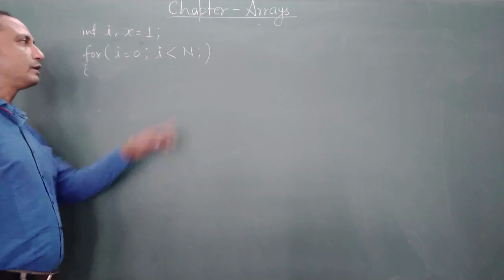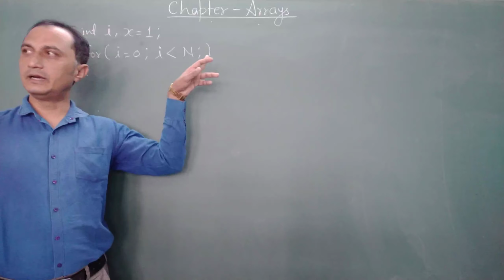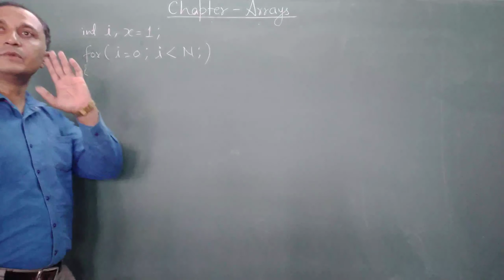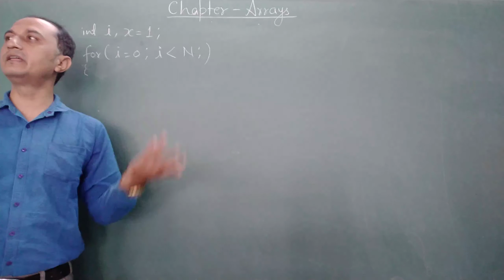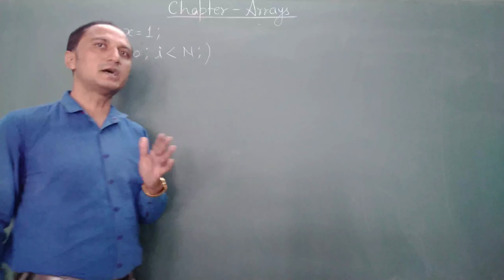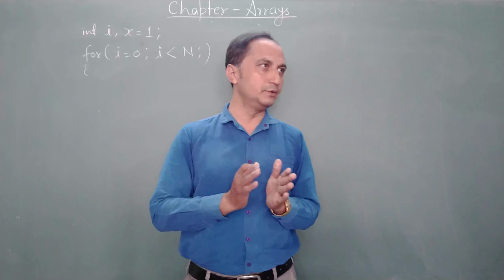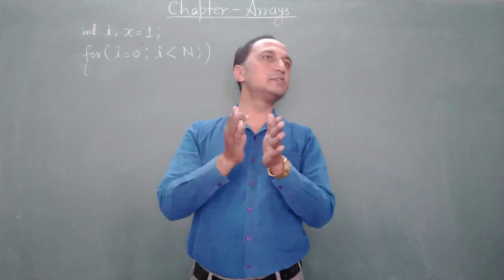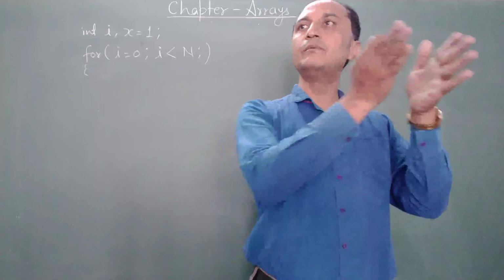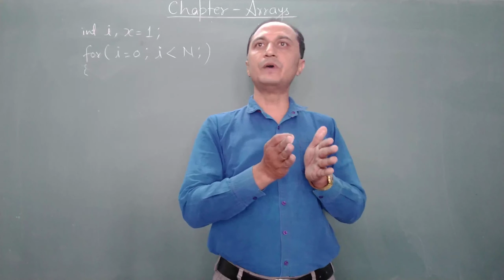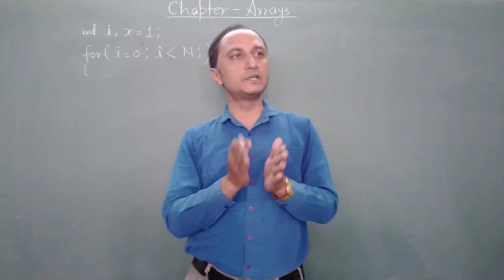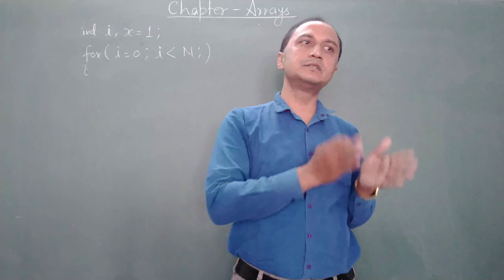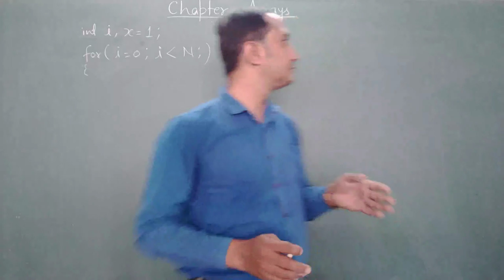Increment will not be given over here. Let's see, it will be given later. When the number will be filled in the array, then only we will increase the value of i, because i is representing the index value. When the element is stored at the 0th index, then only we will move to the first index. When the prime number is stored at the first index, then only we will move to the second index, one by one.